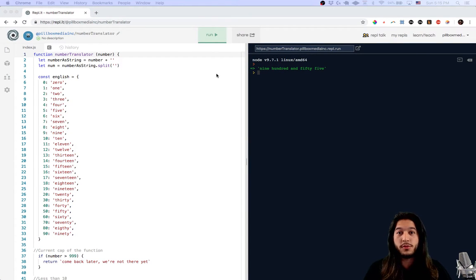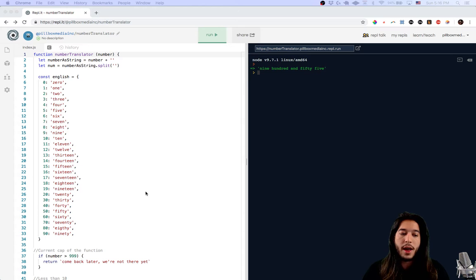Oh, the other issue from the last video, I had my logo here in the bottom left-hand corner of the screen, and I'm guessing for part of the video it's hard to see what I was doing. So let's take a look through the code in case you haven't seen part 1. This is a translator that's going to take a number and a language, and it breaks it up, and it recursively figures out how to translate, let's say, 21 into the string 21. If it's 321, it'll say 321.